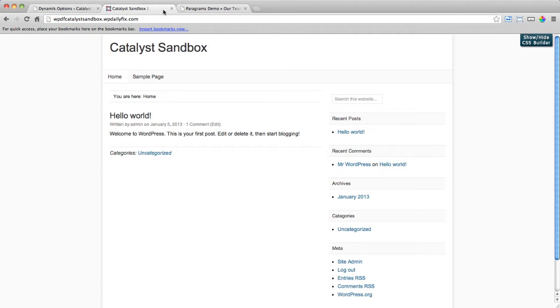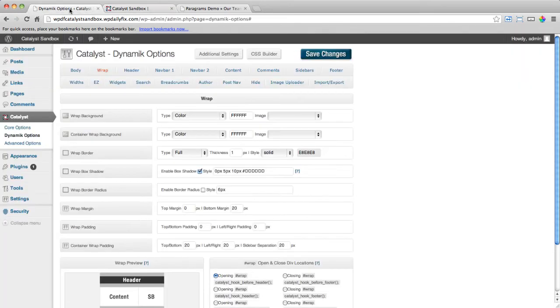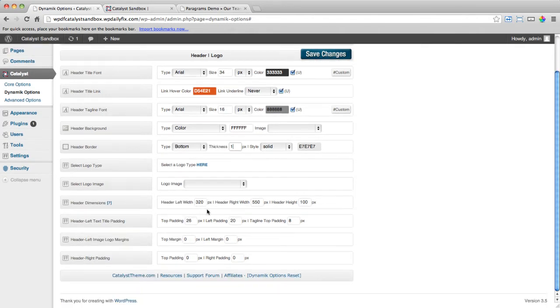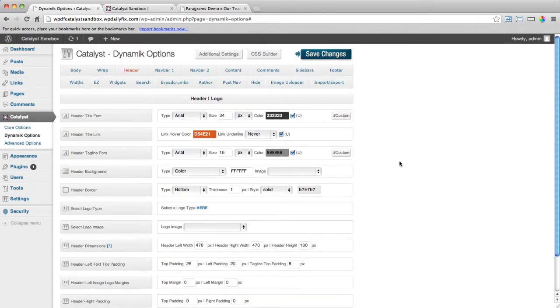Let's keep moving on. We're going to set the header up to make sure everything's right there. I'm going to pop into header, and in header we're going to make a couple of settings here. So header border bottom, let's make 1 pixel, and the header left and the header right widths, we'll put those in at 470 each. The total of that is a little bit less than the wrap width, but that is a good thing. We'll save changes. Nothing really exciting to see in the front end, so we're going to go straight into navbar